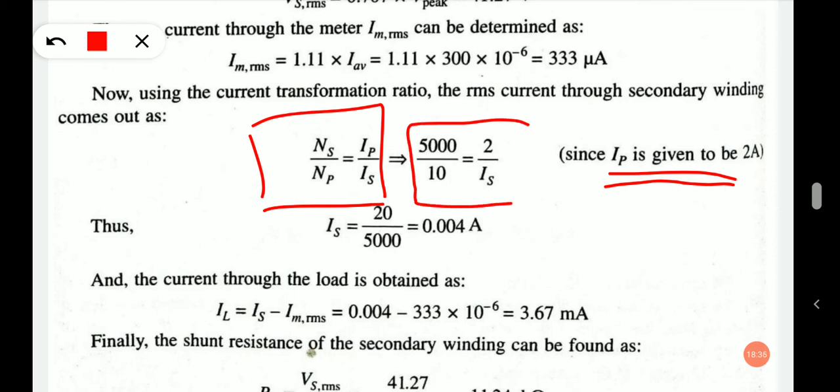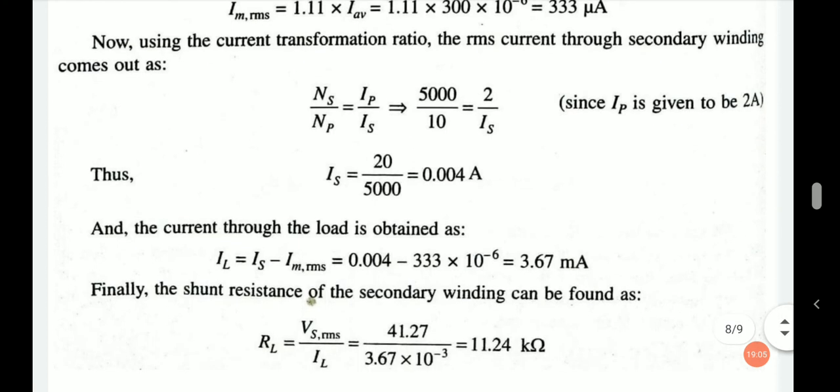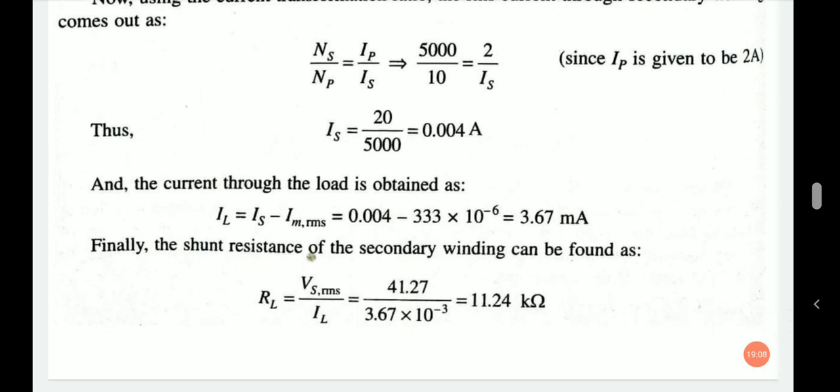So if we substitute the values, 5000 by 10 equals 2 as Ip, that is primary current, and Is we will get from that equation. Is equals 20 upon 5000, that is 0.004 ampere. This is the secondary current, and the current through the load is obtained as